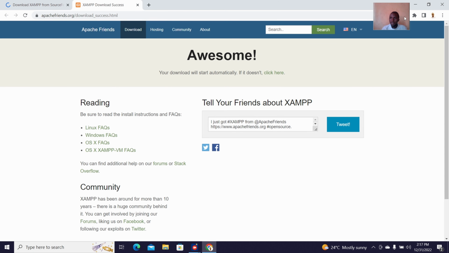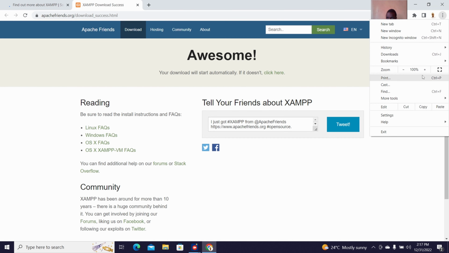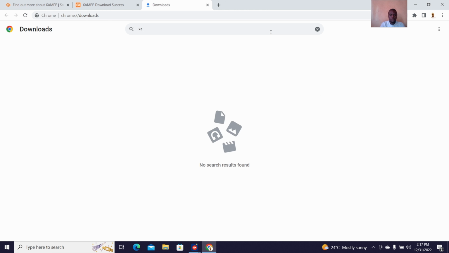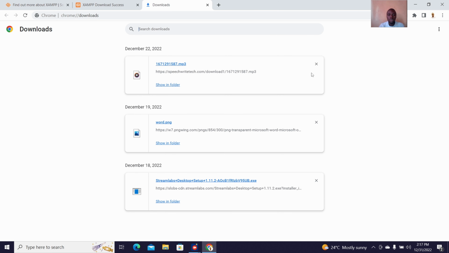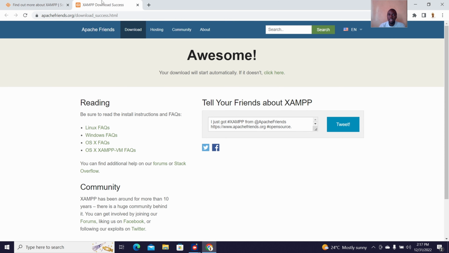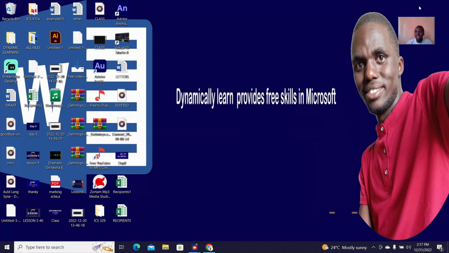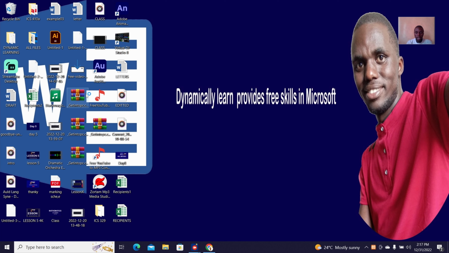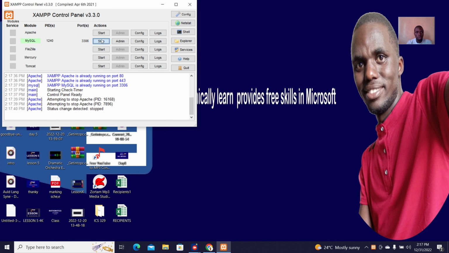Then once the download is okay, you can click on the installation file. Let me show you how I installed mine here. It's in downloads, and then XAMPP. To install that app is very simple. Just click on the installation file that you've downloaded, and then follow the instructions. Once the installation is complete, make sure you look for the XAMPP control panel, and then you make these ones to be on. Initially they come as if they are off, so make sure that they are on, all of them. And then after that,